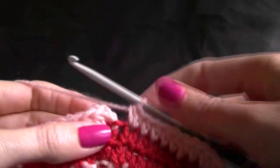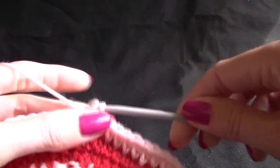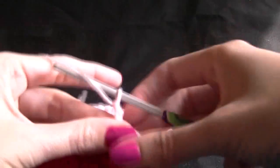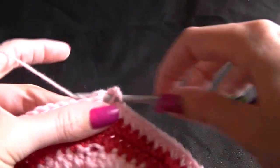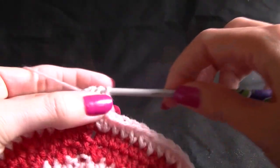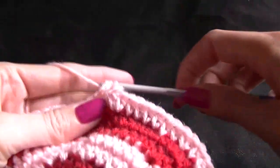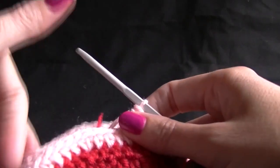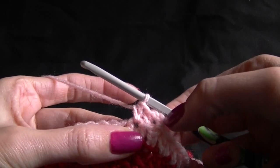So joining to our chain 2, we want to chain up 2, and this one is going to have 7 in between our increases. Now, this is the last row I'm going to show you, because I'm sure most of you will have it big enough by now if you are using worsted weight yarn. I've only got the equivalent of double knit here in Australia, so I have to do a few more rows of increase. So 1, 2, 3,